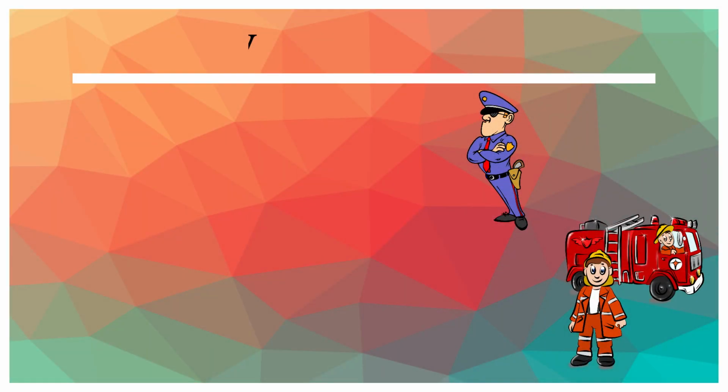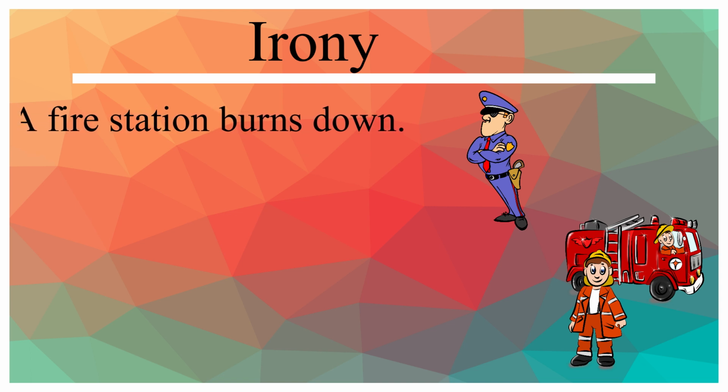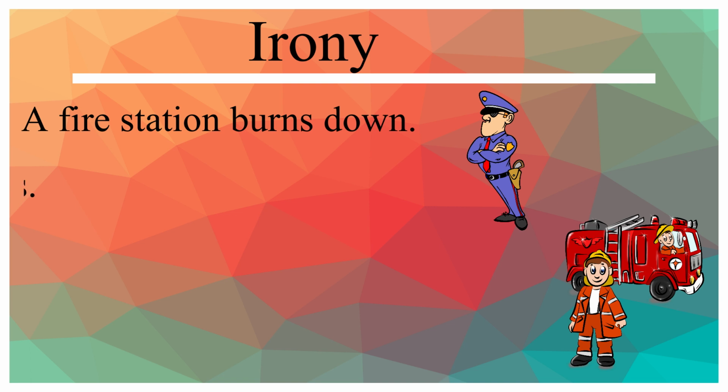Next on the list is irony. Irony is when there are two contradicting meanings of the same situation, event, or image. Irony is often used for humorous or critical effect in literature. People often use verbal irony to express emotions or humor by saying the opposite of what they mean to somebody who is expected to identify the irony.